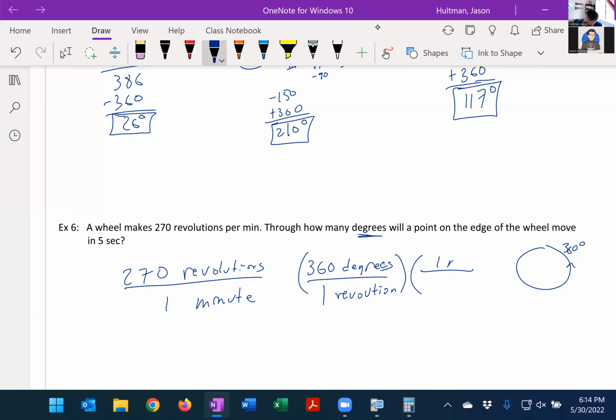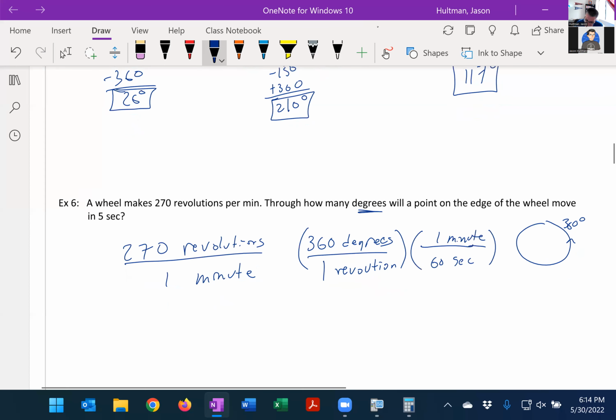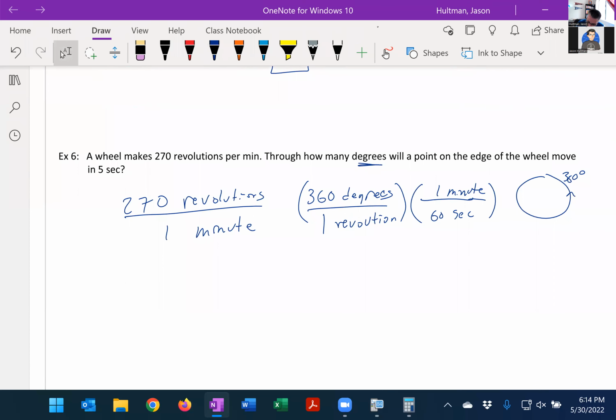So I'm going to put 1 minute is 60 seconds. This will give me degrees per second. I cancel out the units here, and this gets me 1620 degrees